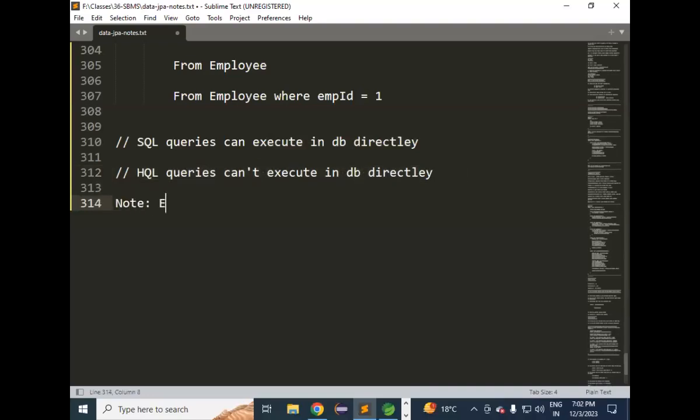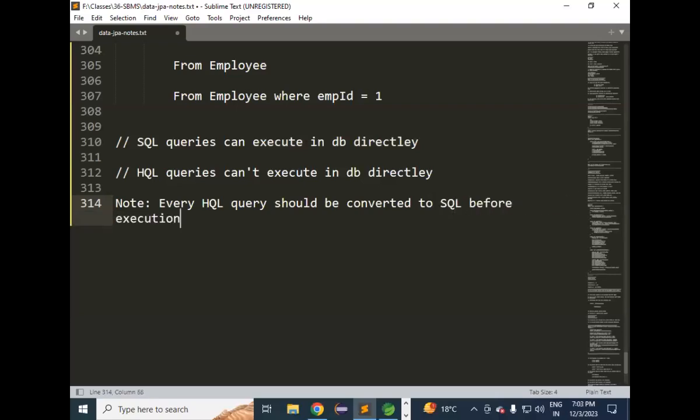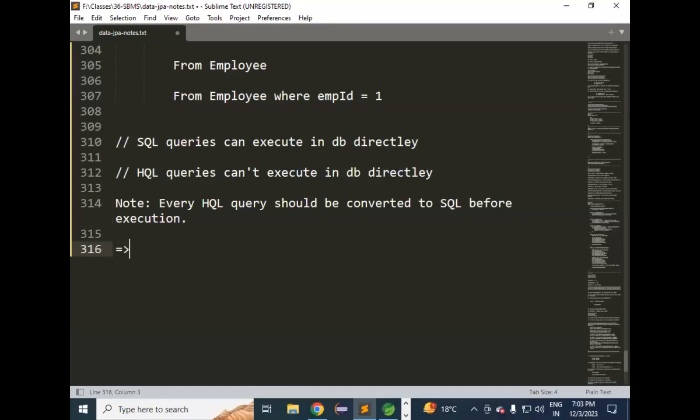Now, every HQL query should be converted to SQL before execution. So if you write an HQL query in the project, that HQL query should be converted to an SQL query before execution. Otherwise, it cannot execute. So to convert HQL queries to SQL,